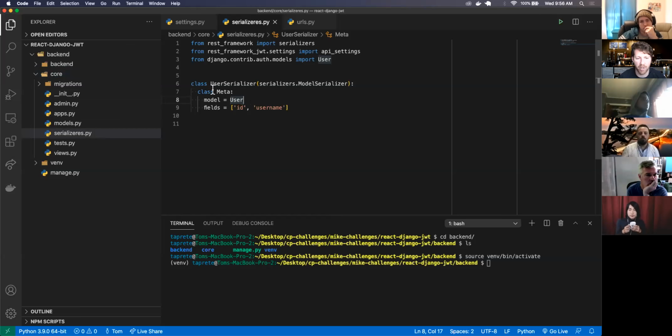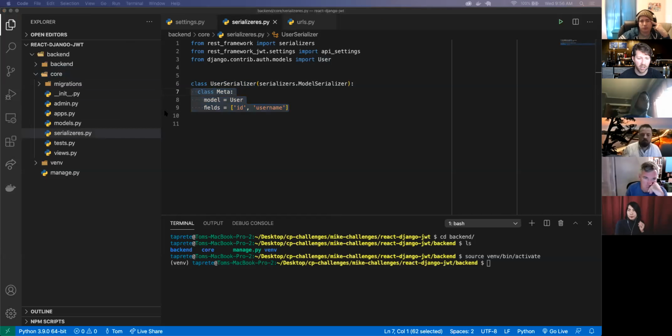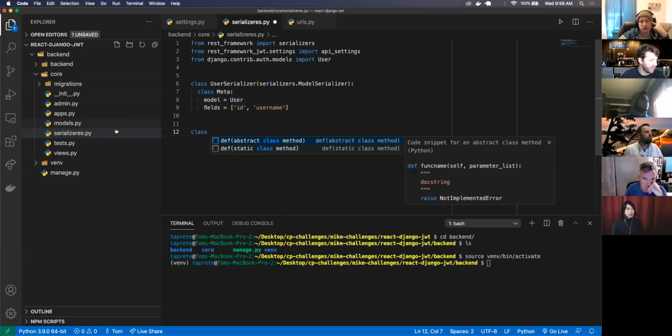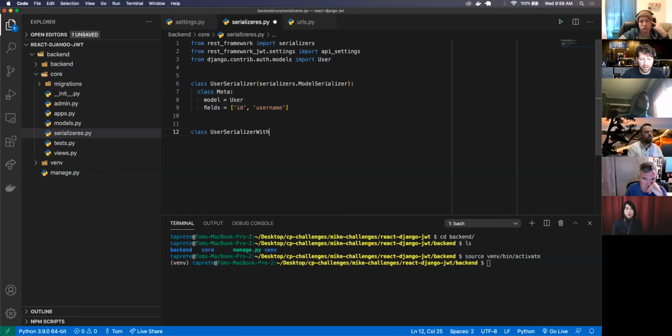All right. But this is just for a user serializer. This is just what's being responded back. We also want to be able to sign up a user. So when we sign up a user, we want to respond with a token as well as the username and ID, etc. So with that, we can create another class called user serializer with token. That's just what it's called. Again, this is a model serializer like this one, but with some additional